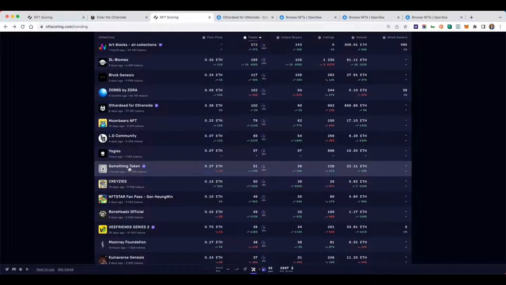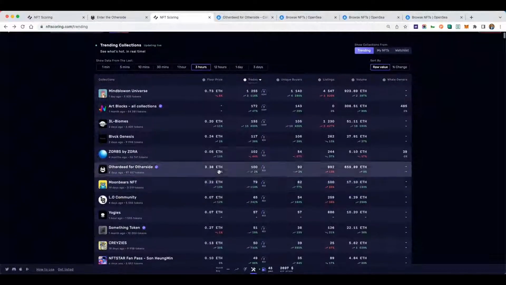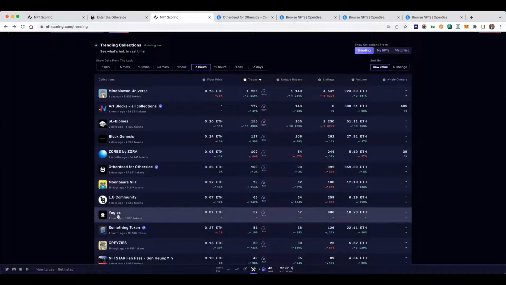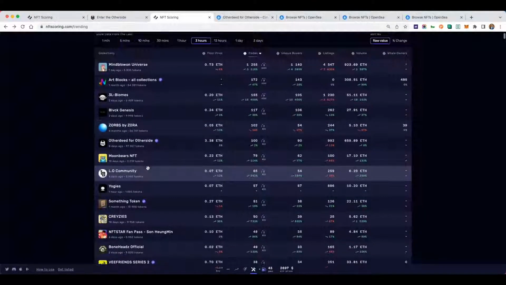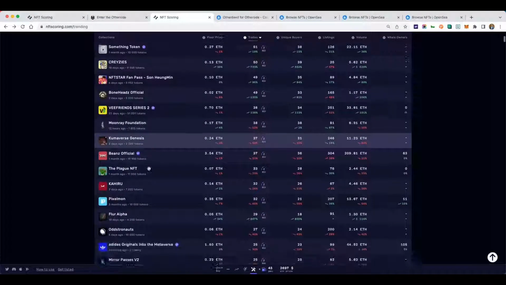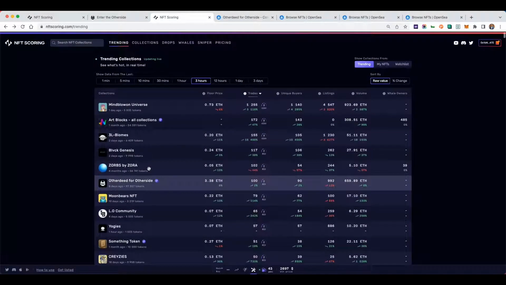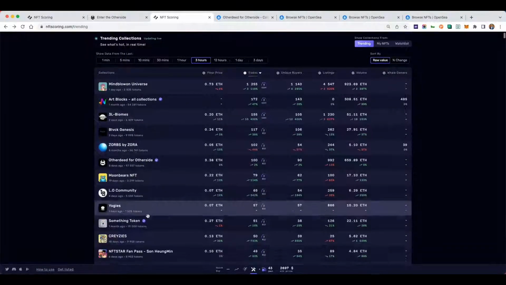One of them was the something token, which reached insane level. I saw it at 0.04. I didn't purchase, but it went all the way to 0.7 the next day. And the other one, I'm not sure, I think it was Phantom Network, maybe? PXN, because that one was flying.